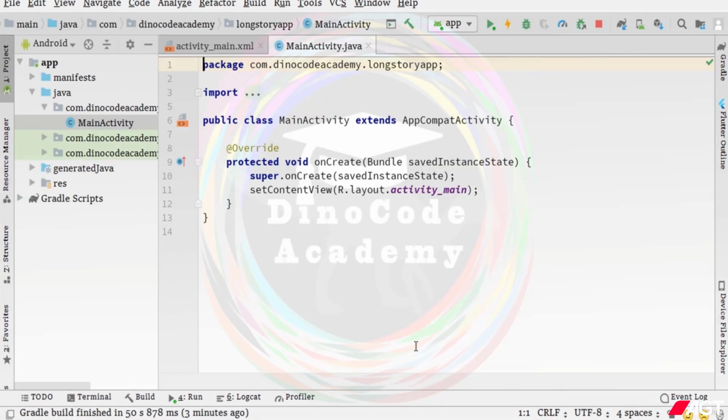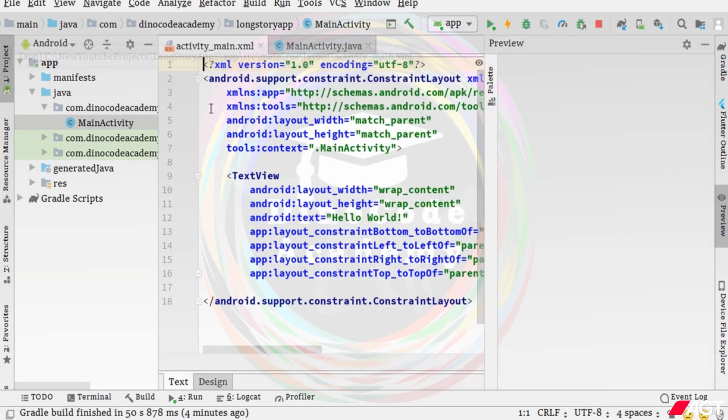So I have already created an empty activity project inside Android Studio by using the Java support. Now if you want the Kotlin version of the application, the link is in the description where you can check it out and see how this application is also created by using Kotlin. When you create an empty activity project inside Android Studio, you will get two files, the XML file and the main activity file. So for designing the layout, we need to simply switch to the activity_main.xml, but before that we need to